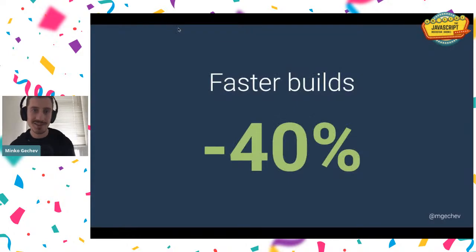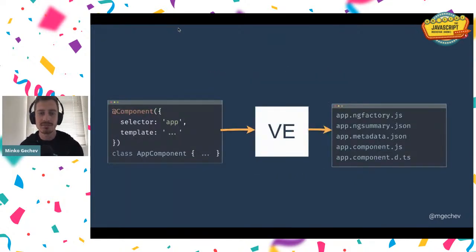Now let's talk about how we made the framework faster, how we made the builds faster in Angular version 9. One of the main things that we did is just to do fewer things. So that was our solution. Instead of doing a lot of redundant steps, the steps that we did in version 8 and before, now we're doing fewer of them. If you look at our previous version of the Angular compiler, the so-called view engine, it